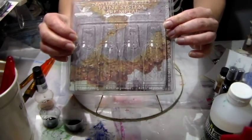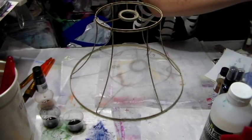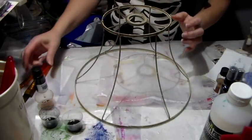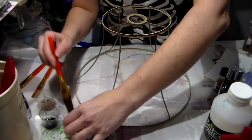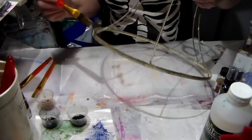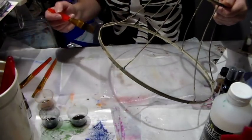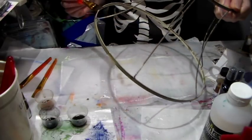It comes in a set like this, and it's to make rusty metal, and I thought that would be super cool. What's fun with this is that they give you instructions on which steps to follow. So I did the lamp, and I couldn't do the lamp on camera because it's so big, but I figured I can do the shade. I'm just going to put a regular lamp